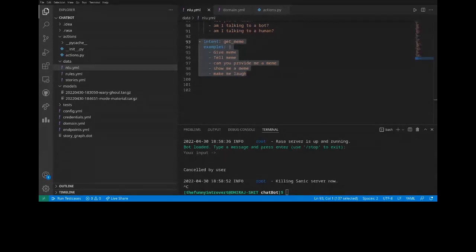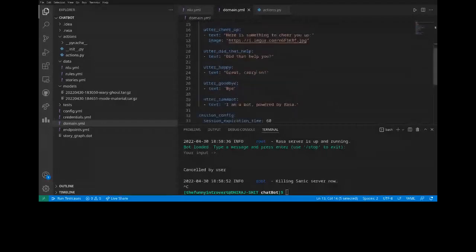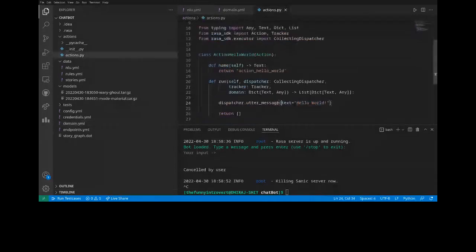But as I said earlier, responses will be there if we just want a text, right? Like here in domain.yml we have kept some responses, like utter_greet, so it directly greets every time. But we don't have static data, so that is where action comes in. And as I told you in actions, we have something called utter message here. So whenever I call the action here, it will automatically call whatever response we need to give.